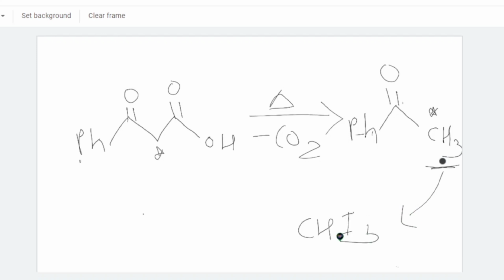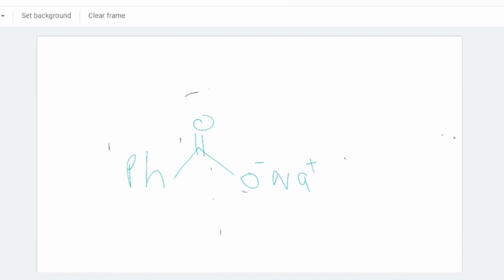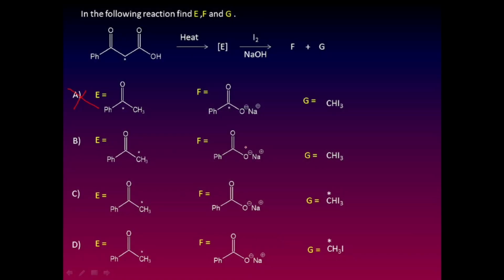Iodoform. So the carbon here will get labeled, and what is the remaining portion? This is the remaining portion. It will be converted into the sodium or any salt of carboxylic acid. You will get such a type of product. So the right option will be the one in which there is, here you can see